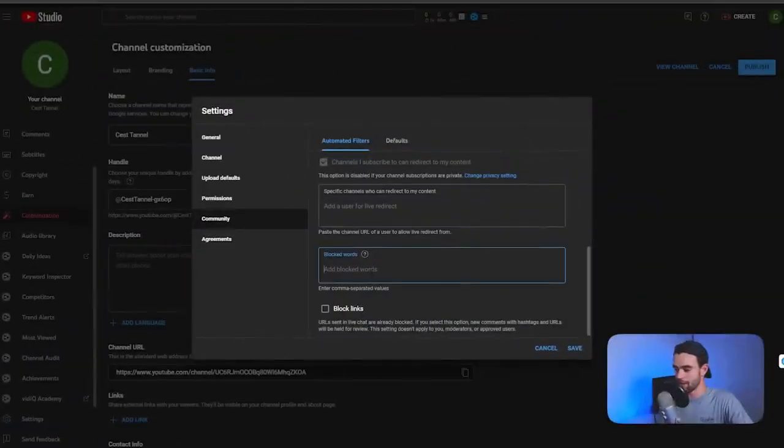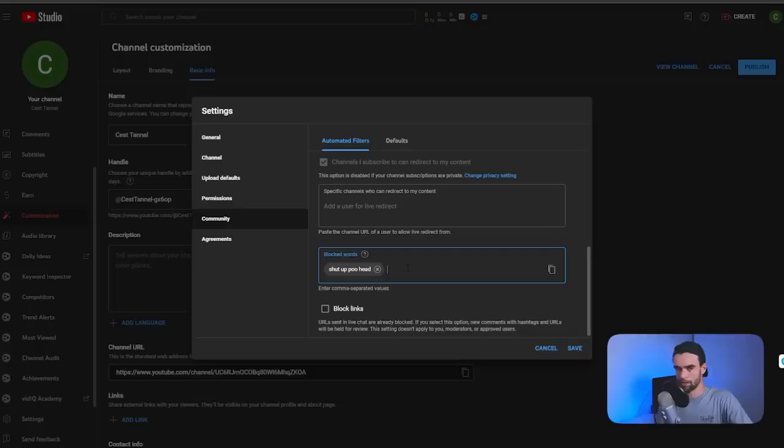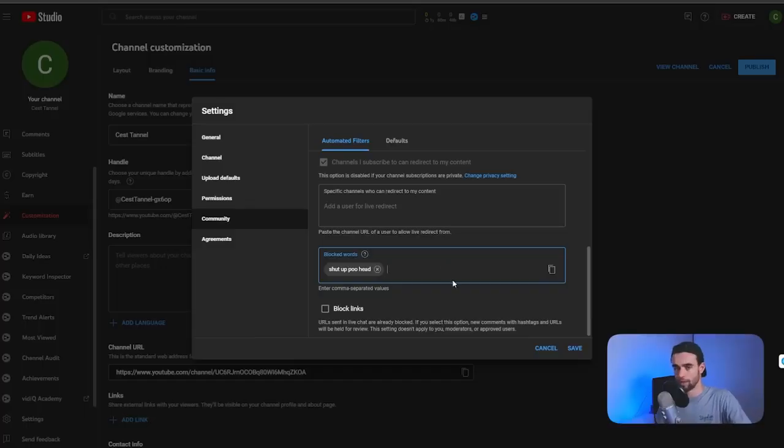So a way around that is to, one, add blocked words in here. You can add sensitive, highly offensive terms like this, just to make sure everything stays family friendly. What I find more helpful though is that a lot of scammers and spammers target certain niches, and so the wording is often very similar across multiple of their messages. So if you can figure out what that wording is, you can just insert it in here, and then when they leave a comment, it's going to be automatically flagged by YouTube.